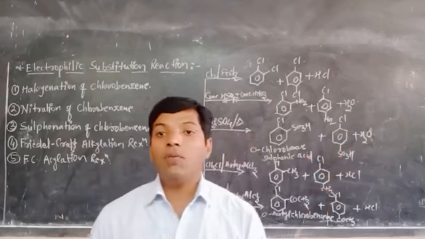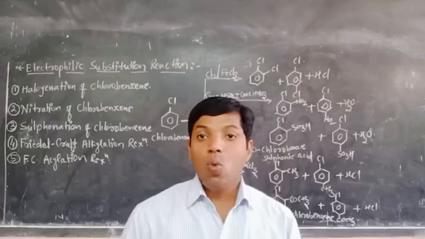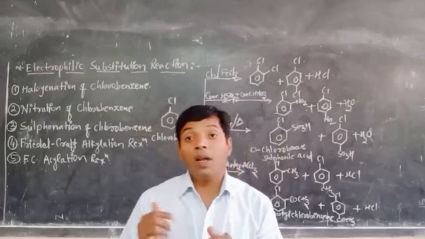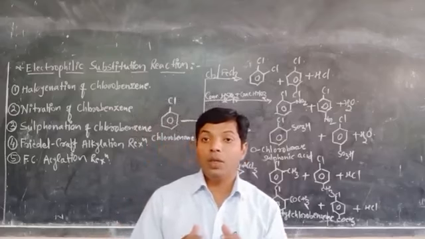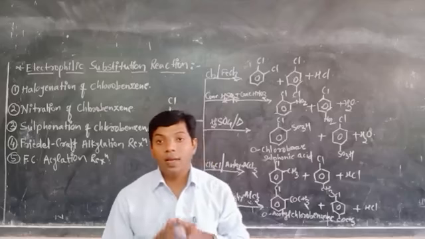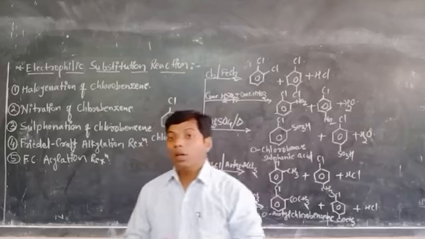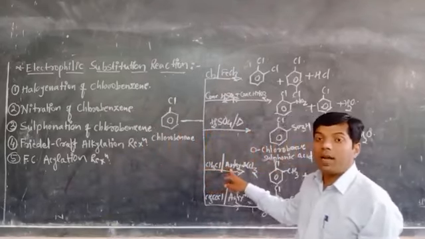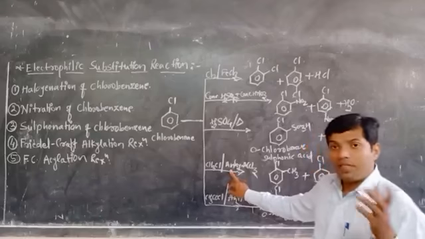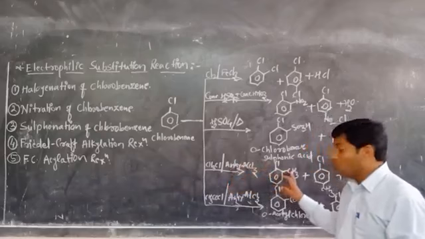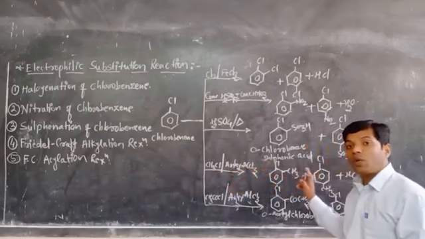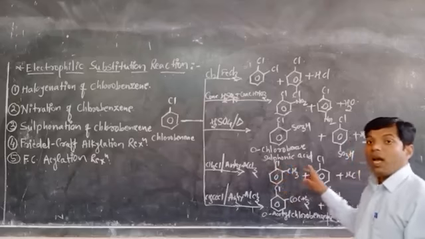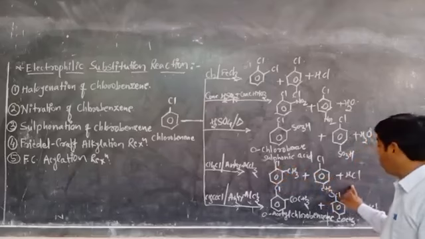Next reaction is called the Friedel-Crafts alkylation reaction. What do you mean by Friedel-Crafts alkylation reaction? Here we are going to study the Friedel-Crafts alkylation reaction of chlorobenzene. Chlorobenzene is treated with methyl chloride in the presence of a Lewis acid, that is anhydrous AlCl3, or you can choose FeCl3, no problem. It gives the ortho-substituted product and the para-substituted product. So here you will get 2-methyl chlorobenzene and 4-methyl chlorobenzene as products,